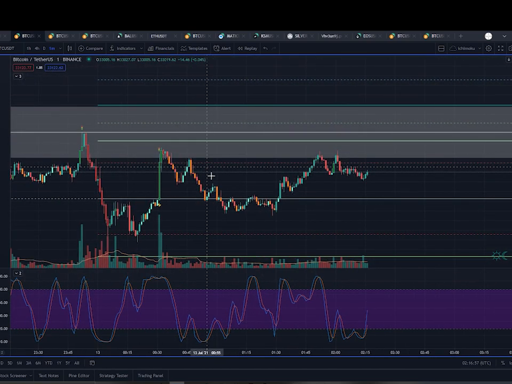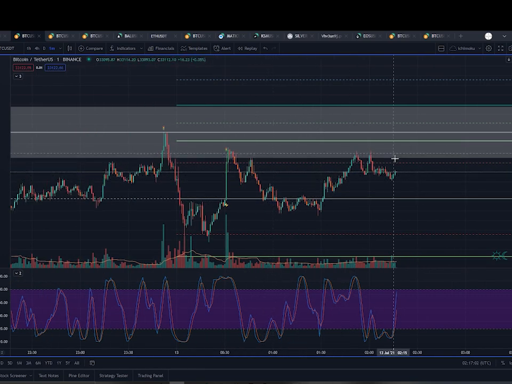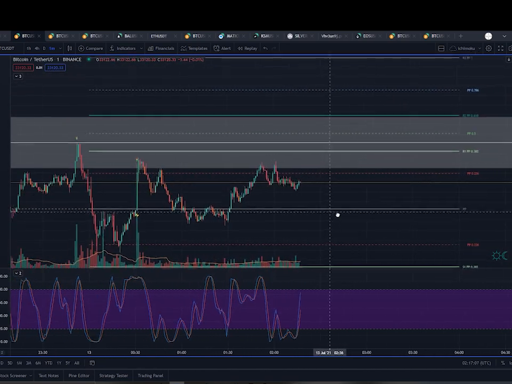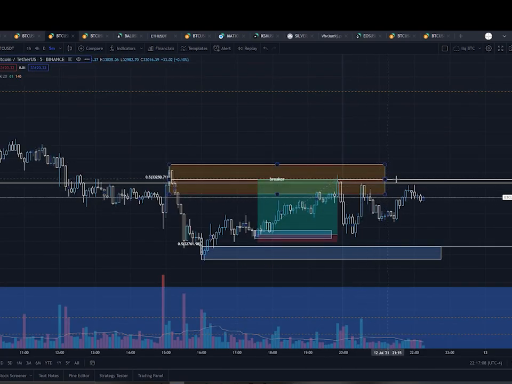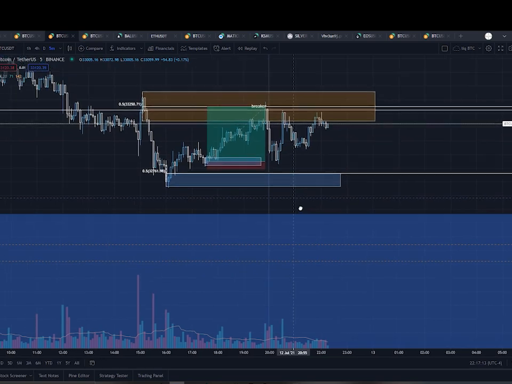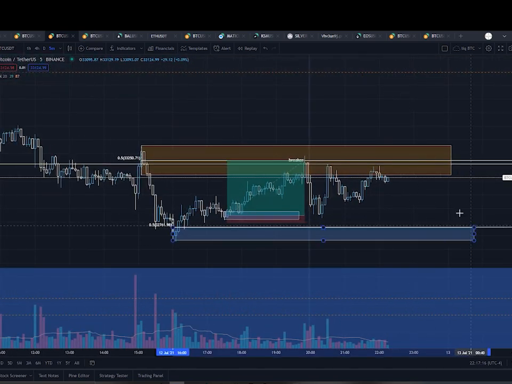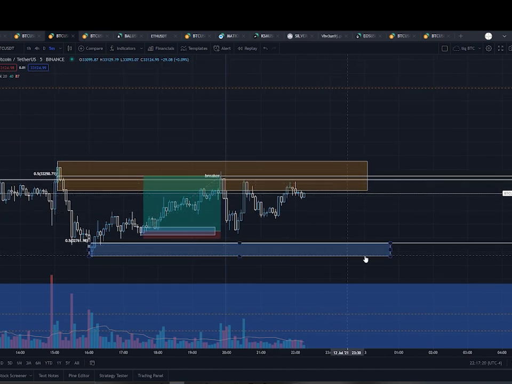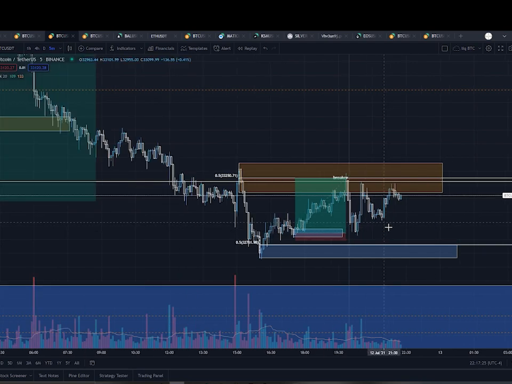another accumulation pattern here that didn't break successfully either. We ran back into this breaker block. So now we just have to see if we break through this breaker block here or continue down. But it looks like we'll just be ranging for a while, because if we go down lower, we'll trade into this order block here. All these concepts I'll eventually make videos on, but